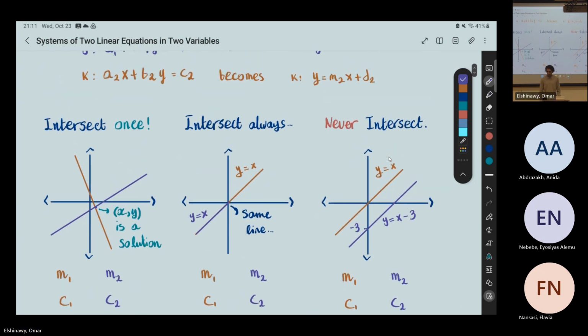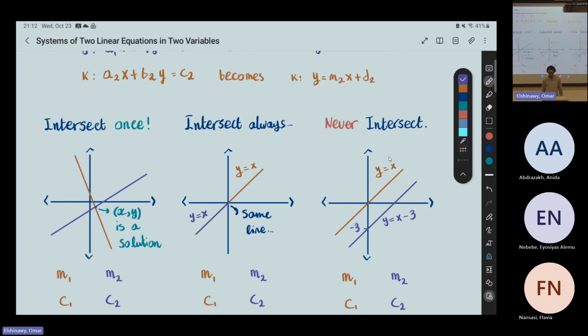If you have two lines in space, they either intersect once, or they always intersect because they're the same line, or they never intersect. And I think conceptually this is not too difficult to see. So this is what we have. We have some nice drawings, some nice colorings. Here I use the example of y is equal to x. So this is just an example. You can have any line that's in any part of the plane,